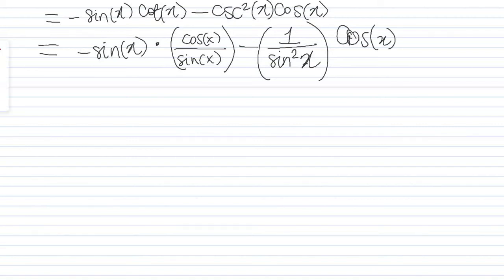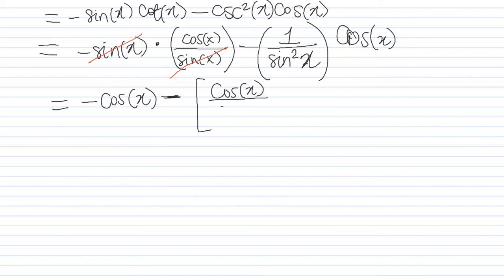So now what can we do? Well, we have sine here in the numerator and sine here in the denominator, so we cancel them out, and our work can simply be negative cosine x. Now we have minus cosine x divided by sine squared x. But let's not forget that this can be written as cosine x over sine x